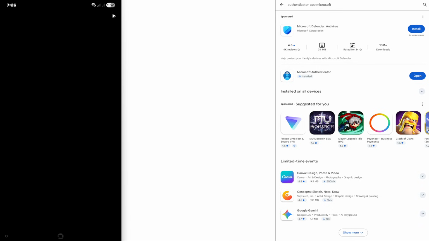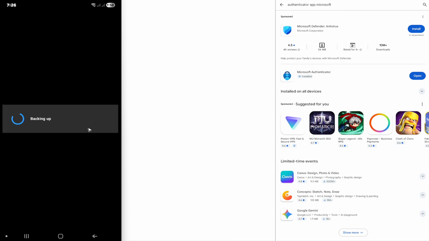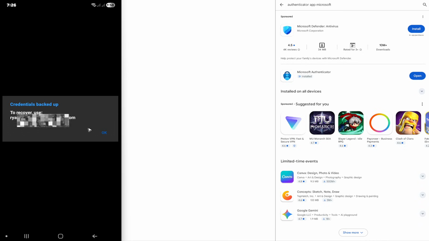Right here at the top right, you should be able to see 3 dots. Okay, you're going to want to tap on it and then go ahead and find settings. Okay, tap on settings. Now in this section, you will have backup. So what you're going to do is just enable cloud backup. Okay, enable cloud backup. Wait for it to load, and then once it loads, you'll be able to see your